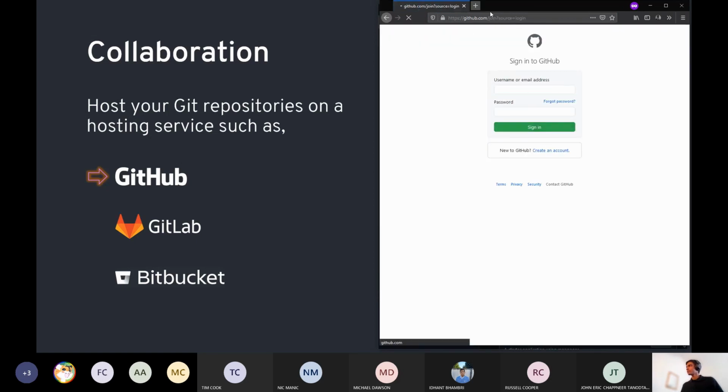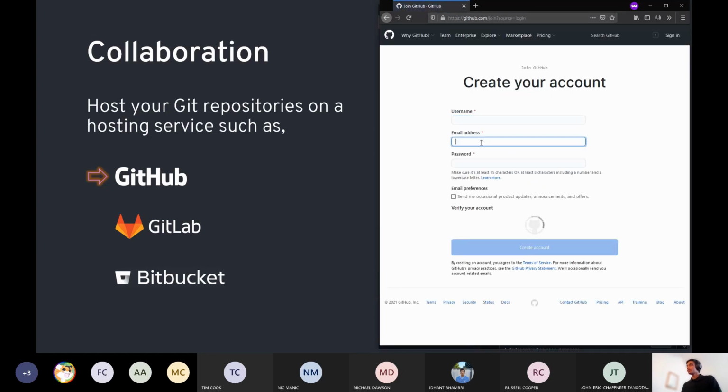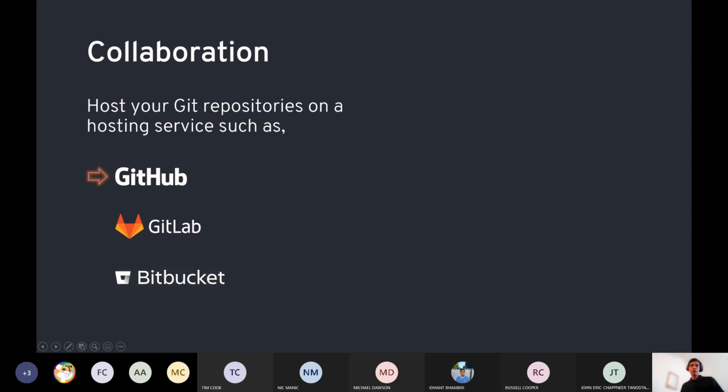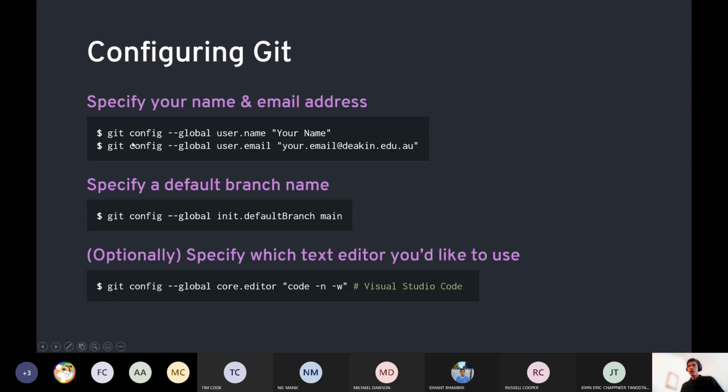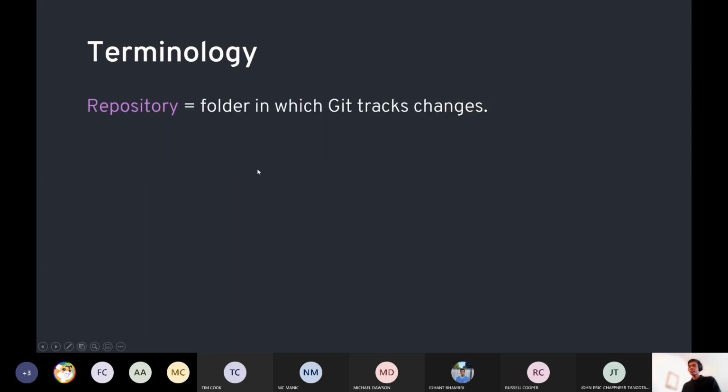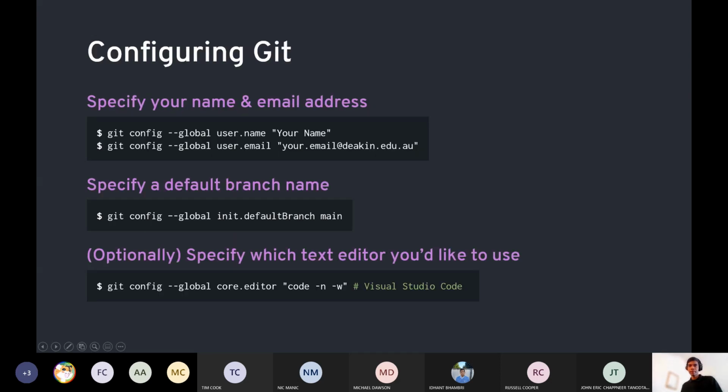Just bear in mind that the email address that you specify here is the actual email address that you configured at the start of your repo. So it's this email address over here. But you can obviously change this to whatever you want. Just rerun the same command and you'll be good to go.